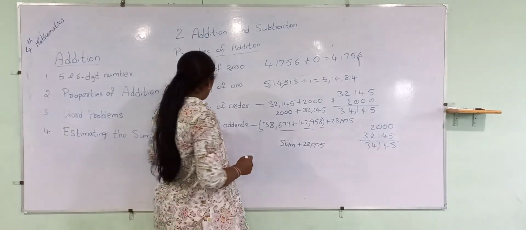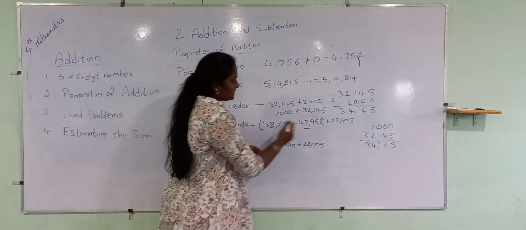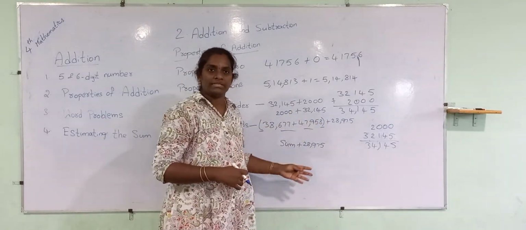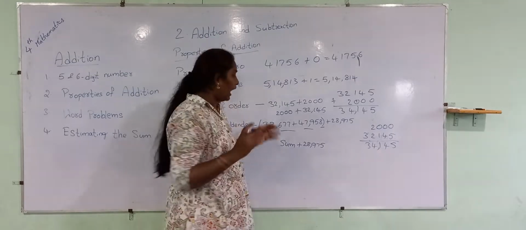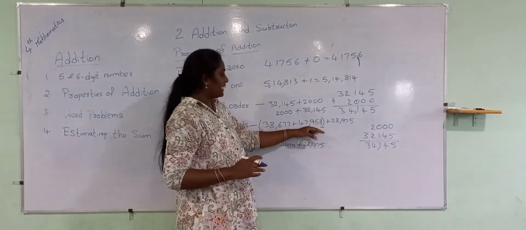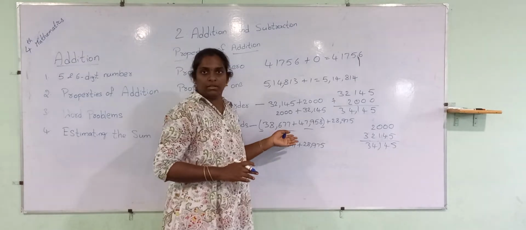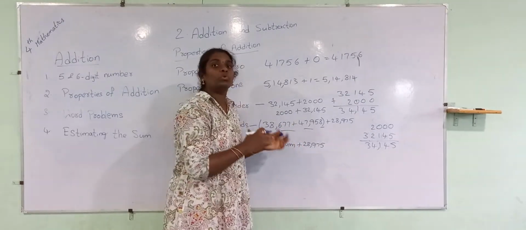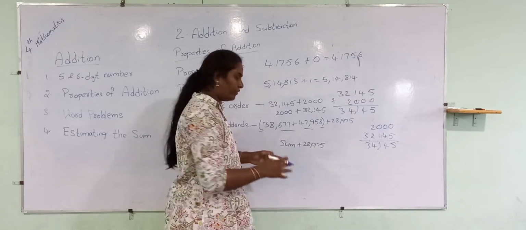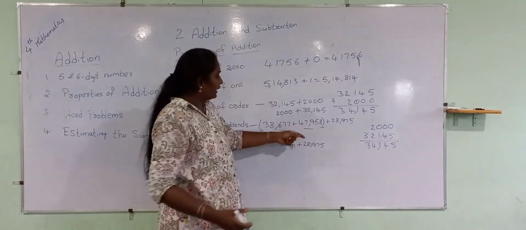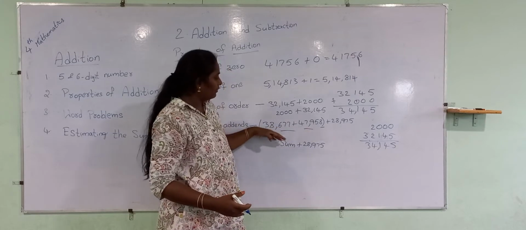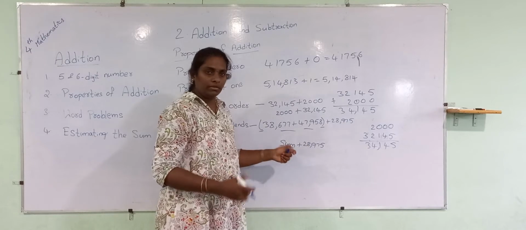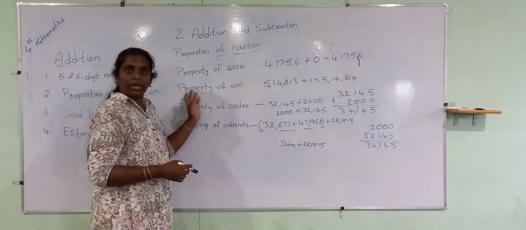Okay, this is the grouping of addends. If we change the order of the numbers, we will also get the same result. But remember, we have to do the addition first in the brackets. If we change the order, we get the same result, but it is the rule: we have to do the addition first. If they give two numbers in the brackets, first we will do the addition of those two numbers only. This is the properties of addition.